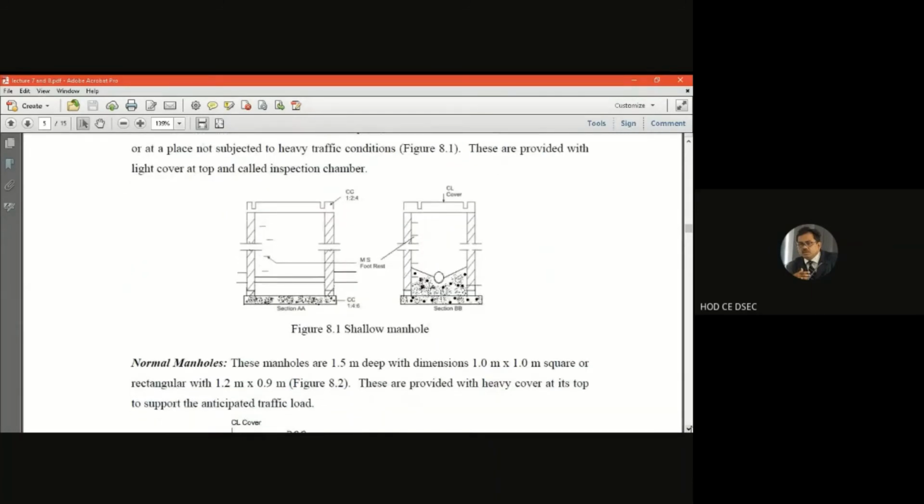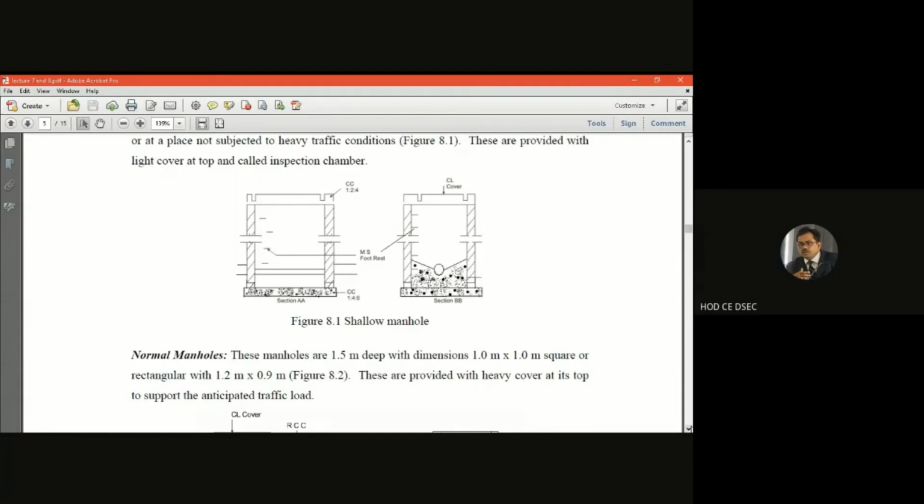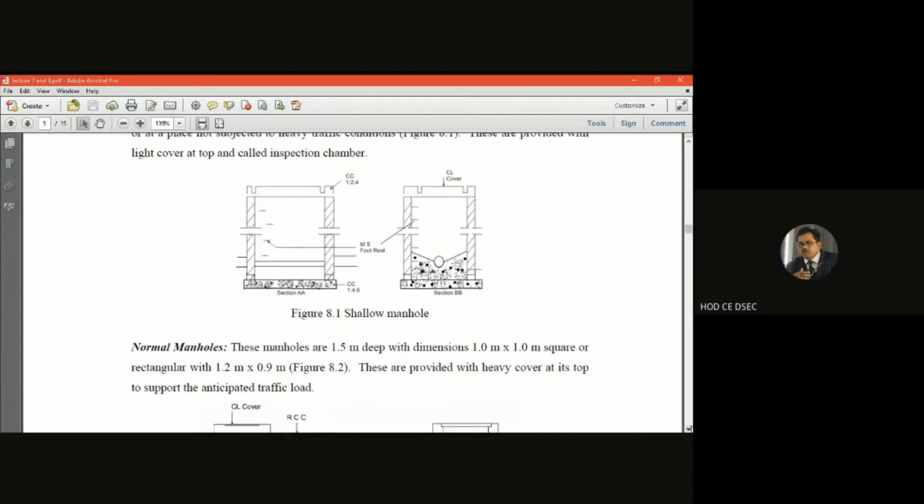with a masonry construction. You see the hatch lines, the masonry construction is there. You see the cross section of the manhole, and the bottom is the PCC. The two sections, one longitudinal and one transverse section, you can see from this manhole section. This is absolutely the rectangular section we will follow in the shallow manhole.